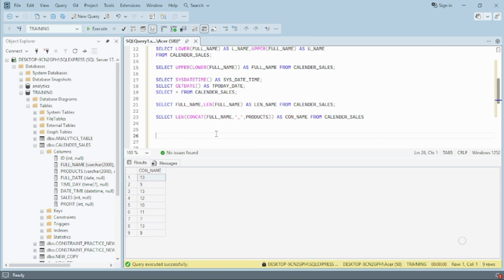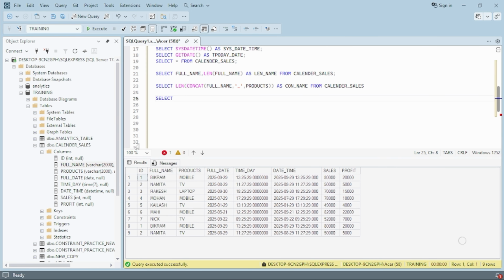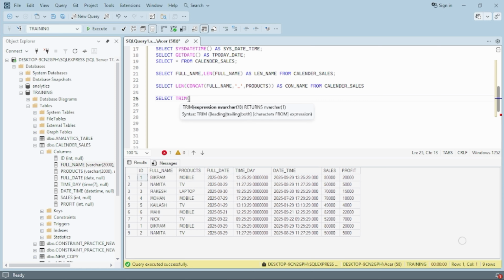Now we'll see how we use the trim function. So simply, what we can do is select, I want to use the trim function on the name. For example, I'm having some extra spaces at the starting and ending. So there are some leading spaces and some trailing spaces, and how can we remove those? For that, I can use trim. Using trim, I will just use the full name, then as name from the table name. If I use this, it will remove the extra spaces I have in that column from the starting and